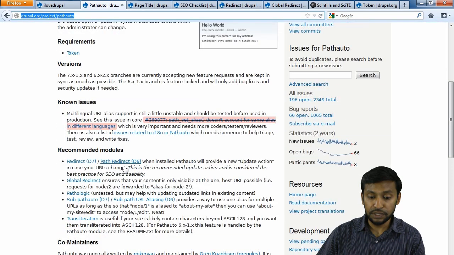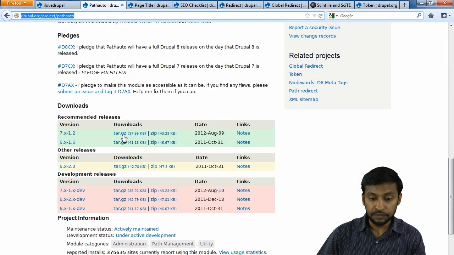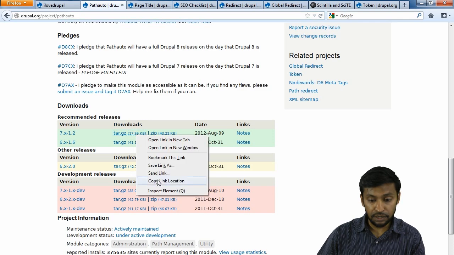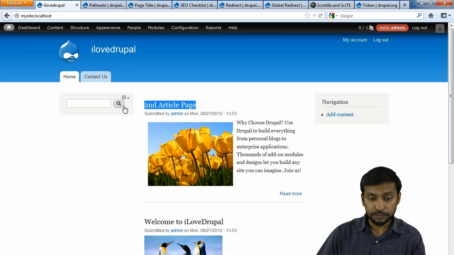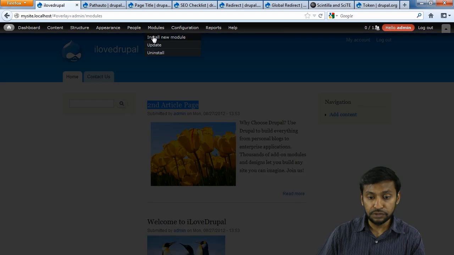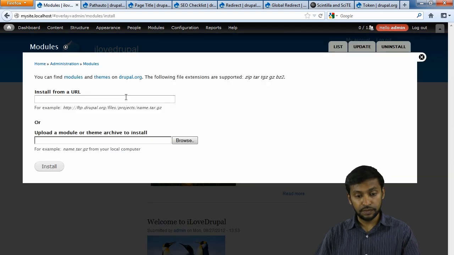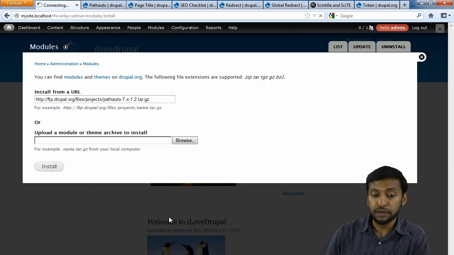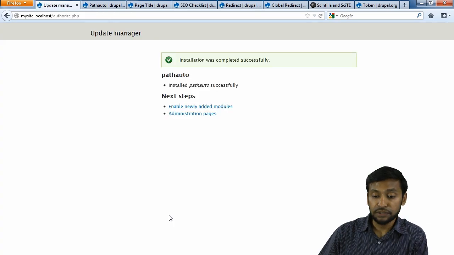So we're actually going to install this module. I'm going to take that, copy link and then go to module install. I'm going to paste that in there and it's going to download that module. And if I go to enable,